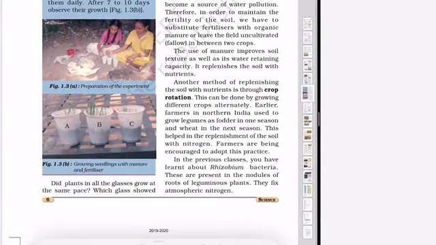To replenish the nutrients in the soil, we can do it by crop rotation. Crop rotation is the process whereby different crops are grown alternately. Like in one season we are growing paddy, in the other season in the same field we will grow some other crop like a leguminous crop. So two different crops we are growing in different seasons. These two crops will need different types of nutrients, so that the soil gets a little time for the nutrients to be replenished again. This is one practice.